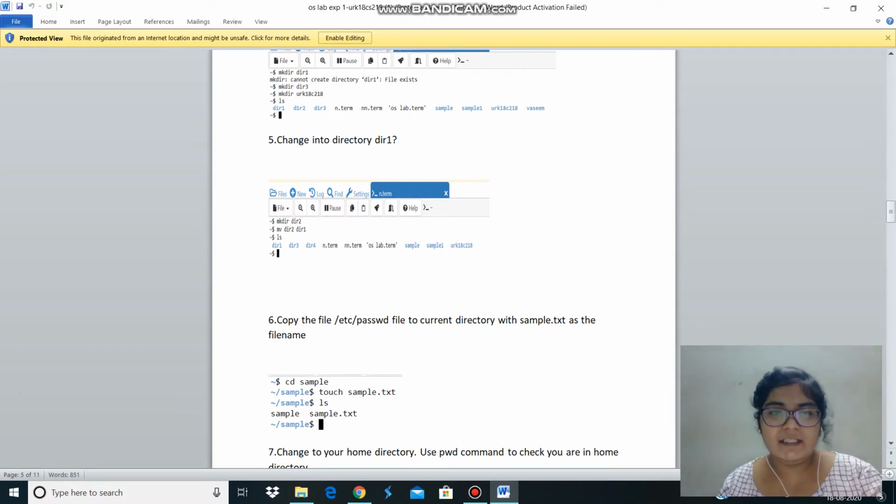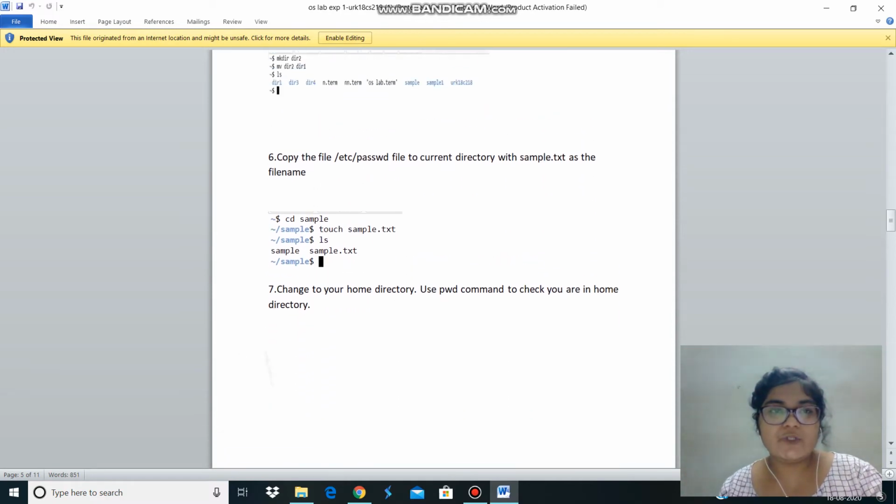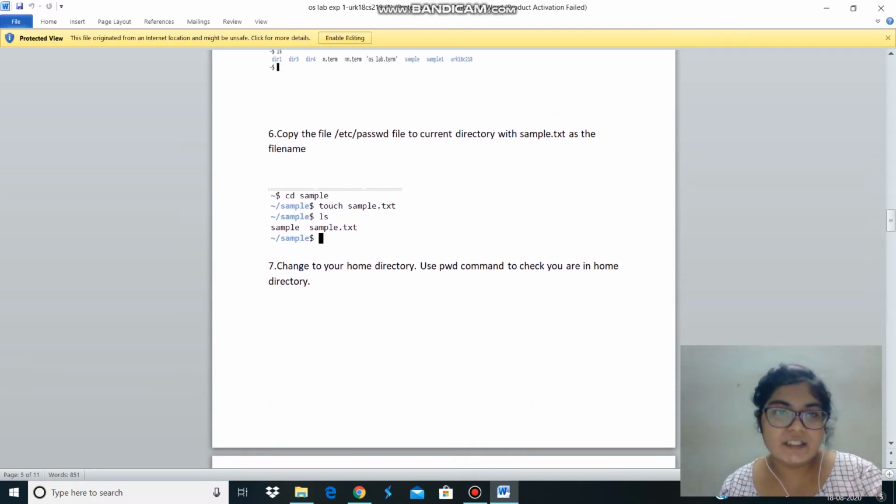Change into directory dir, which means first I'll take mkdir dir2. Then I'll move dir2 to dir1. Now the contents in dir2 will be moved to dir1. There will be no dir2. Then I list by using ls and the output would be presented.